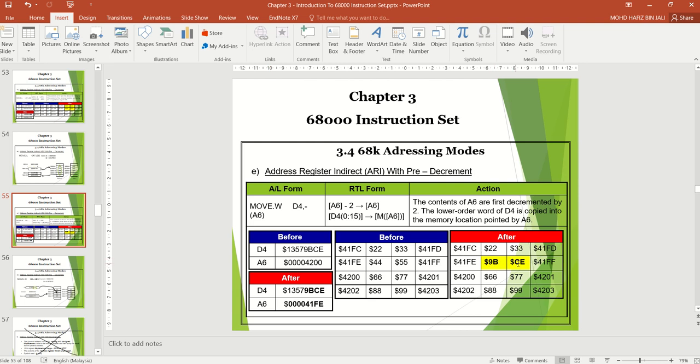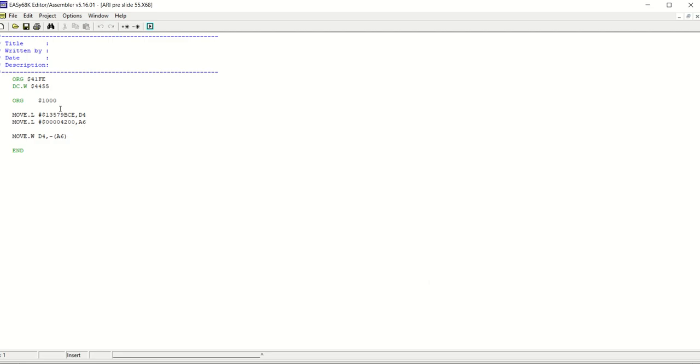D4 is maintained, but A6 will have to decrease by 2. 4200 minus 2 becomes 41FE, and the value at 41FE will be changed to the lower word size of D4, 9BCE. Okay, so let's try to simulate.